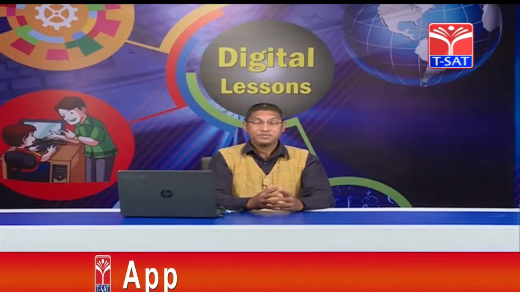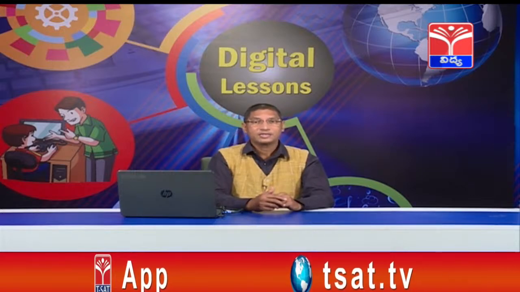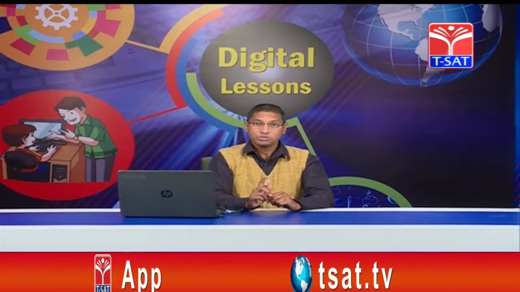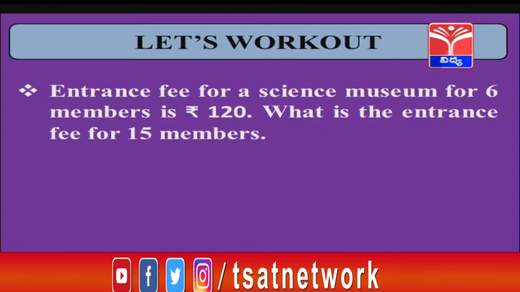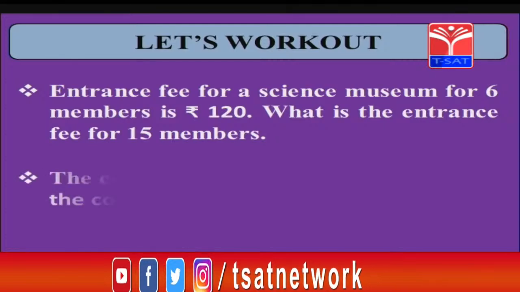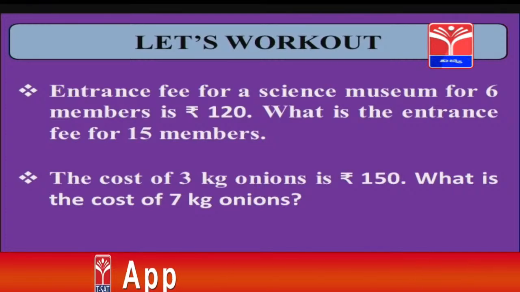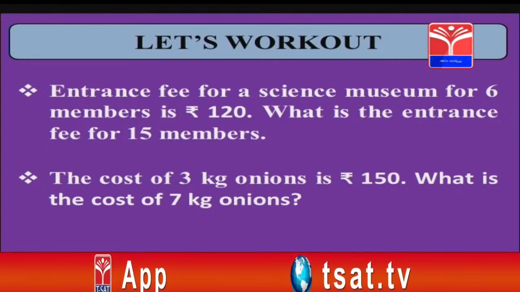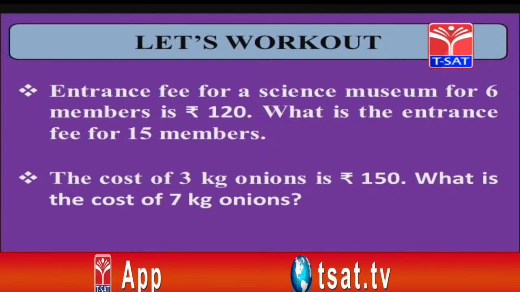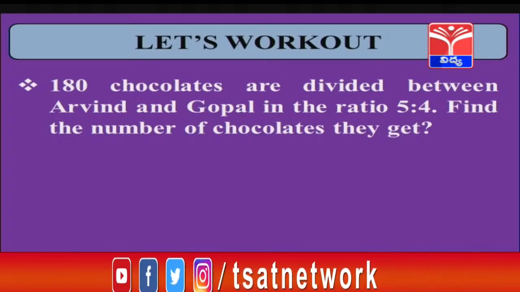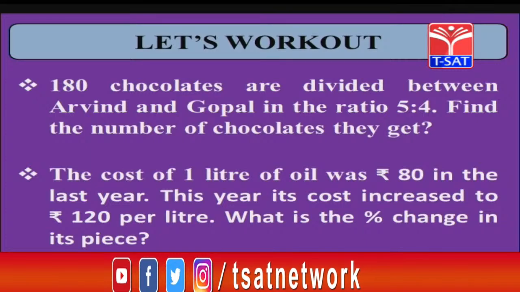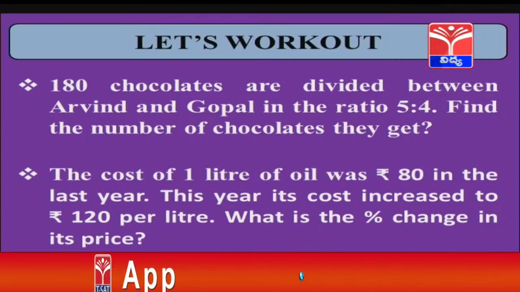Children, I will give you some problems as an assignment. Please try these problems and show them to your teacher. Entrance fee for the Science Museum for 6 members is 120 rupees. Now, what is the entrance fee for 15 members? The next problem is, the cost of 3 kg onions is 150 rupees. What is the cost of 7 kg onions? 180 chocolates are divided between Arvind and Gopal in the ratio 5:4. Find the number of chocolates they get. The last problem is, the cost of 1 liter of oil was 80 rupees in